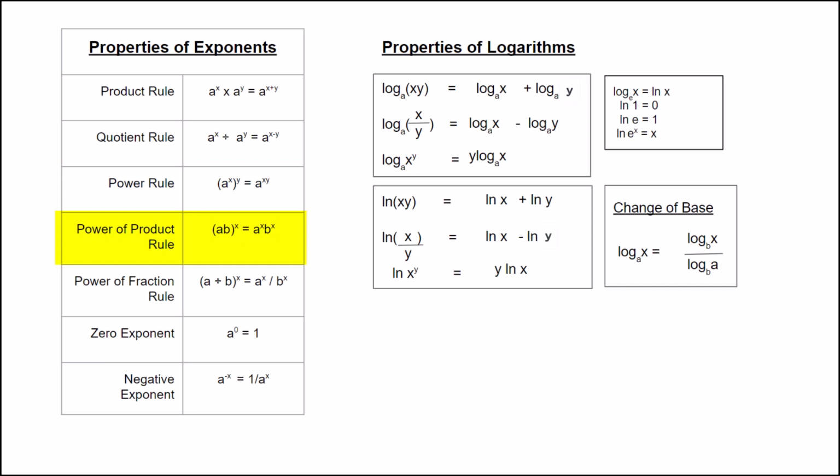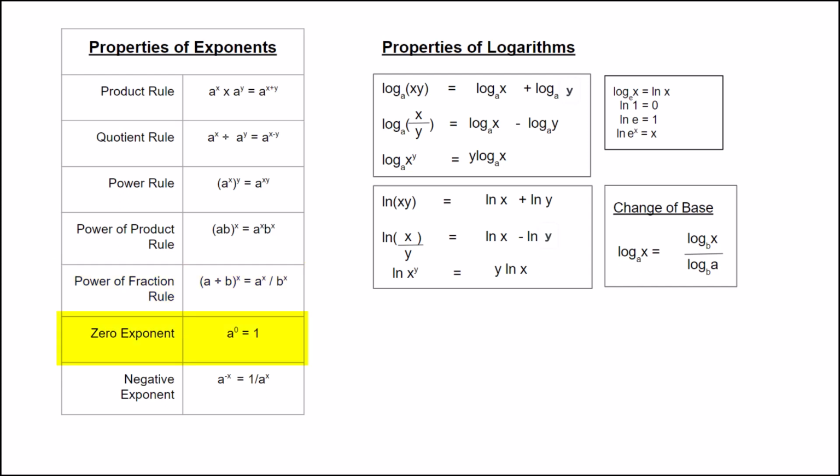The power of product rule states that the product of two different bases raised to the same power is equal to base 1 raised to that power times base 2 raised to that same power. And then the power fraction rule states that if you have two bases divided by one another and the entire thing is raised to a power, that's equal to base 1 raised to that power divided by base 2 raised